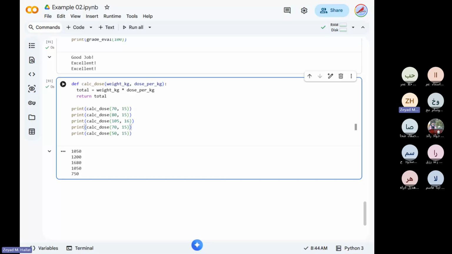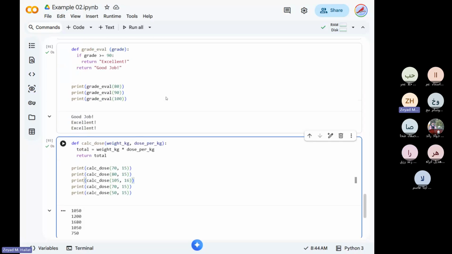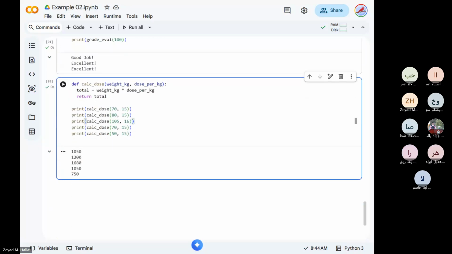What else? So these are some examples that we can go with. For example, I do have some examples in here. Any questions so far? Any questions? Okay, so